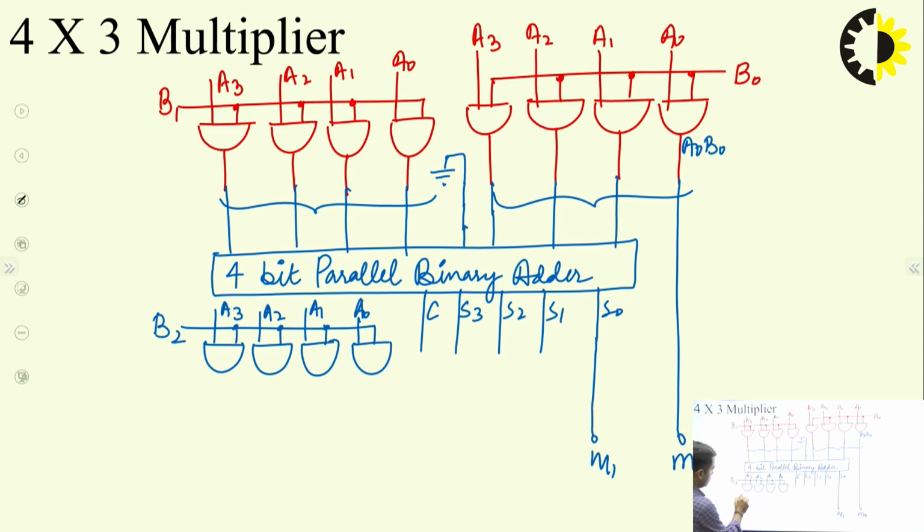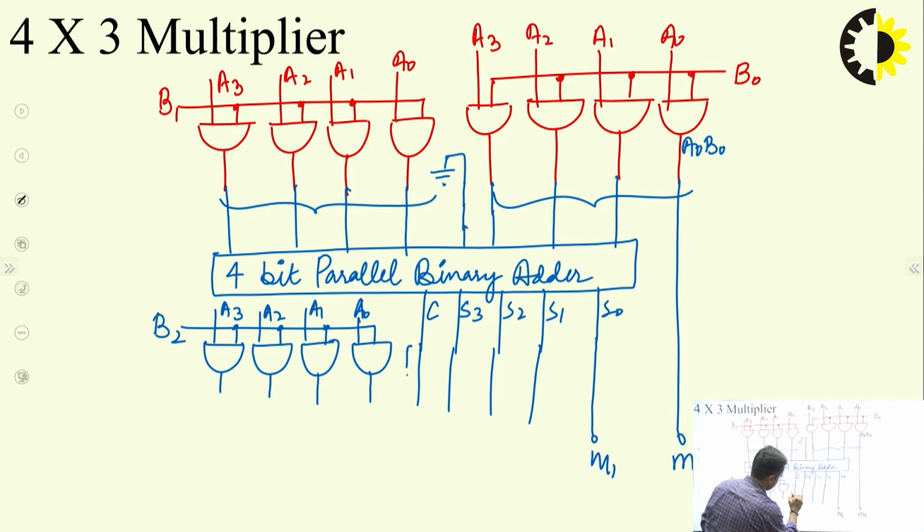So this will generate 4 products, that is the 3rd row of our multiplication pattern. This is a 4-bit 3rd row, and this is the sum of rows 1 and 2. This sum of rows 1 and 2 will be added to this 3rd row